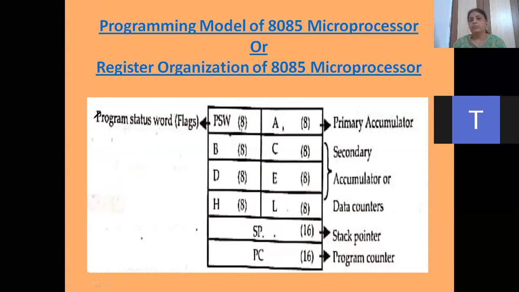रजिस्टर. तो आपका ये बोर्ड क्वेश्चन MCQ क्वेश्चन है. The PSW is the combination of dash. तो उसमें 4 ऑप्शंस ये होते हैं, A and F, B and C, D and E, H and L. So you have to opt for A and F. So PSW, program status word, is the combination of accumulator and flag register.